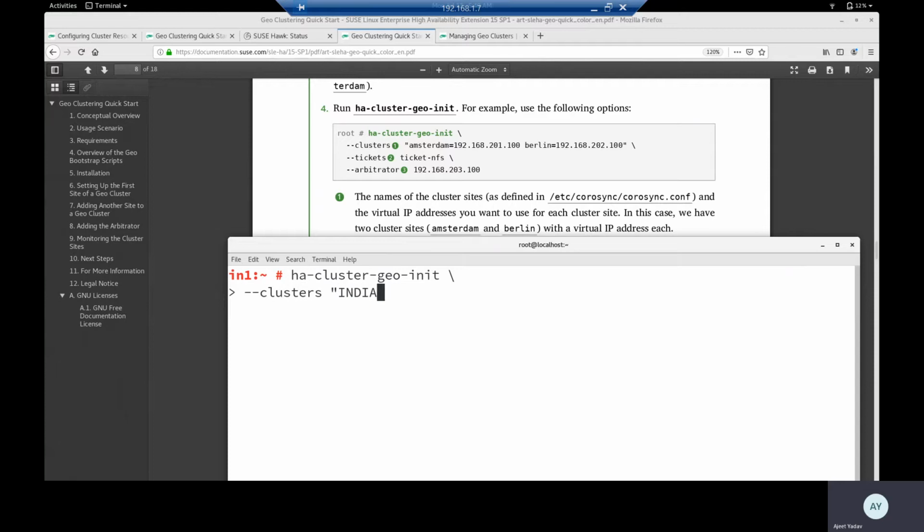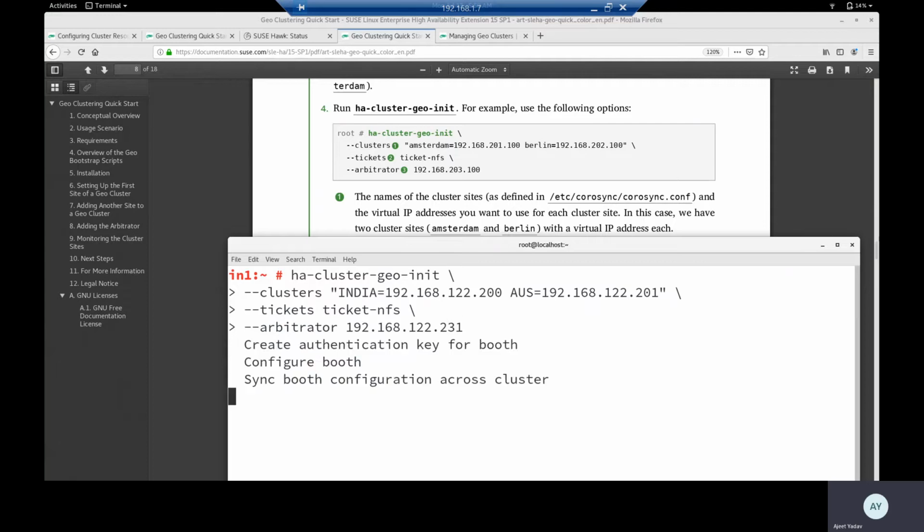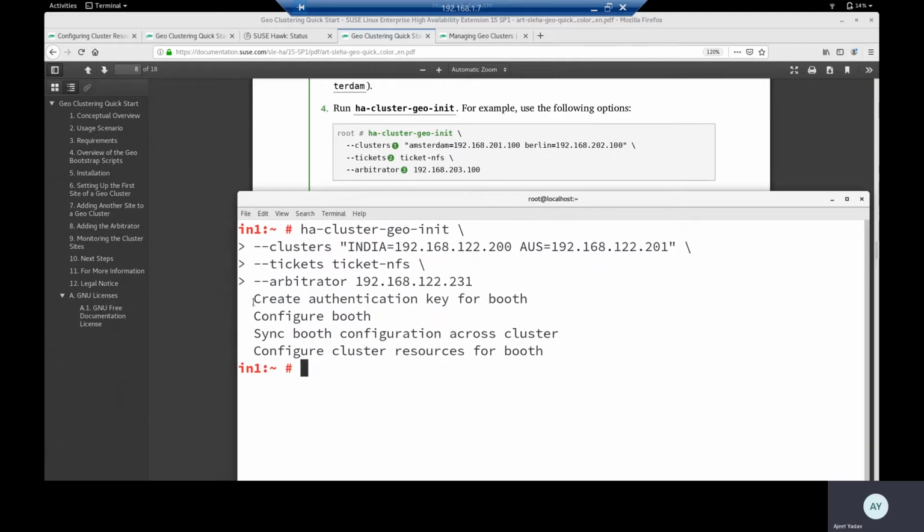So the name of the cluster is India, and the IP address is 200, and then the second is Australia, and the IP address is 192.168.122.201, and then the name of the tickets, ticket-nfs, and then arbitrator. Arbitrator means my storage IP address is this. So that part is done.